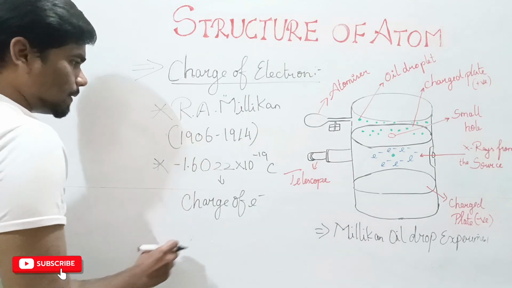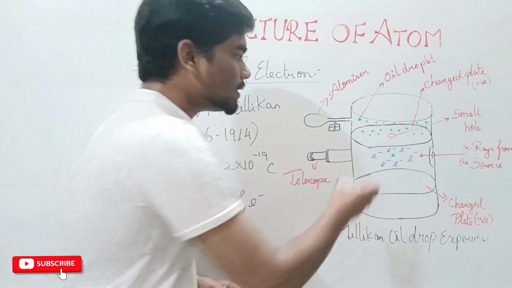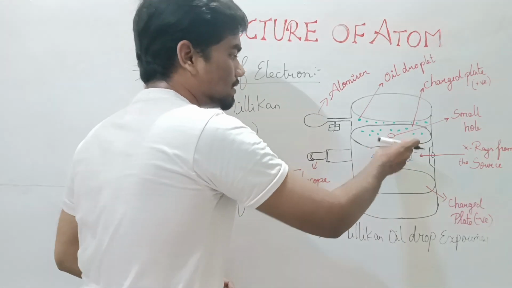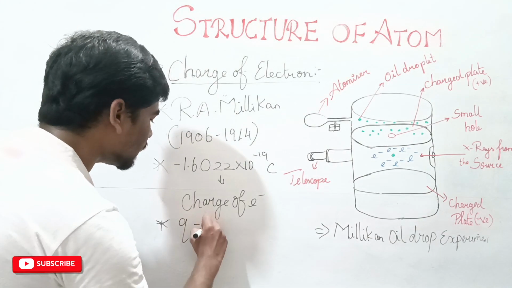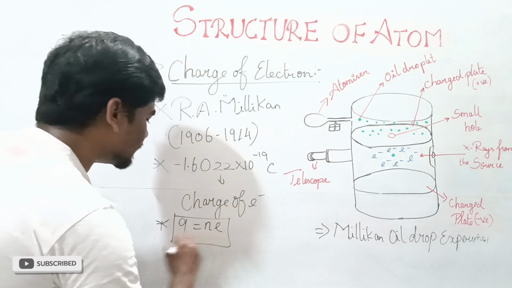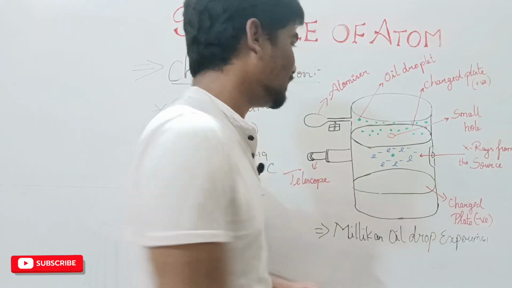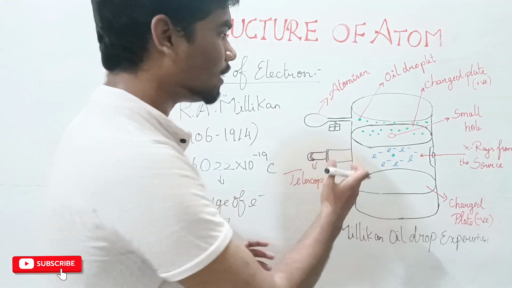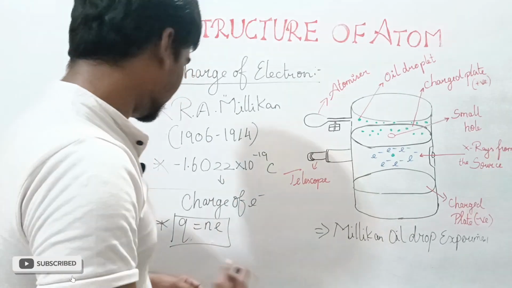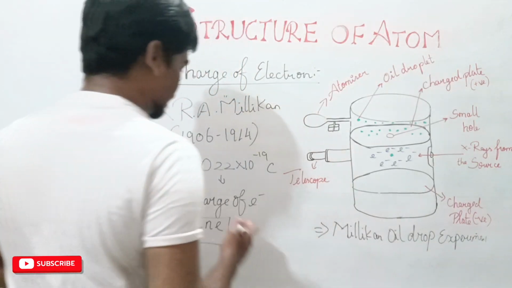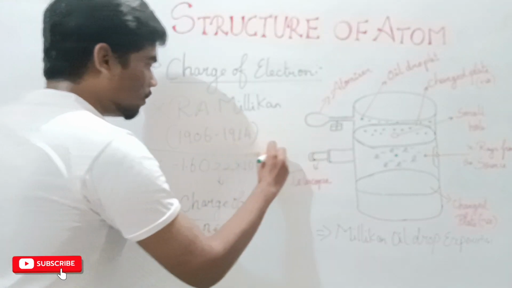So my dear friends, he also found that the charged particles, or the charges around these oil droplets, are in the form of Q is equal to Ne, which tells that the charge is quantized. This means one charge or two charges will be attached, but not 1.5 or 2.5 charges will attach to these oil drops. So my dear friends, with this experimental setup, he found the important value,